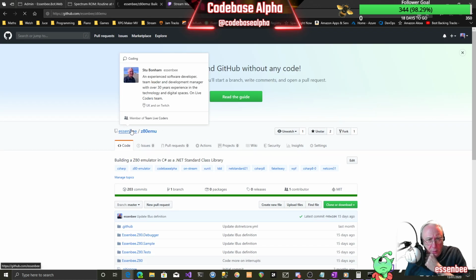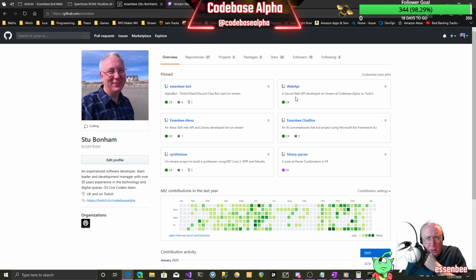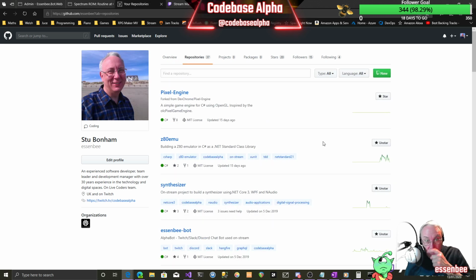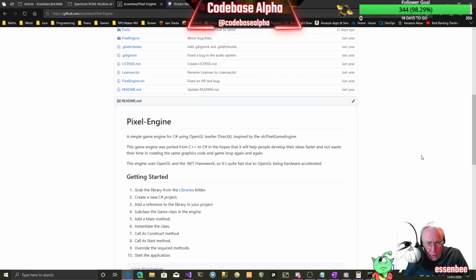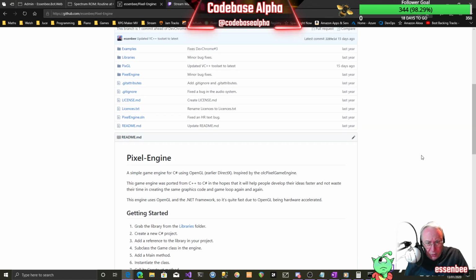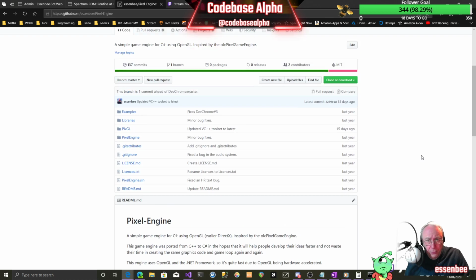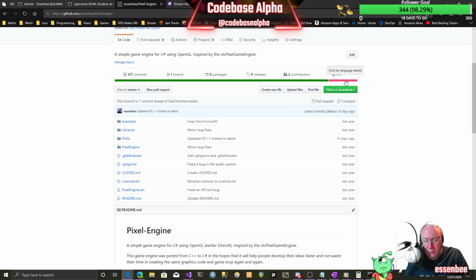So here's my GitHub. I will remind you that you're free to use any of the code that's in the GitHub. It's all open source, it's all under the MIT license. We've got this pixel engine here. It's from Dev Chrome, so I forked that repo. It uses OpenGL, and it's all written in C#. Sorry, it's written in C#. There's a little bit of C++ in there,